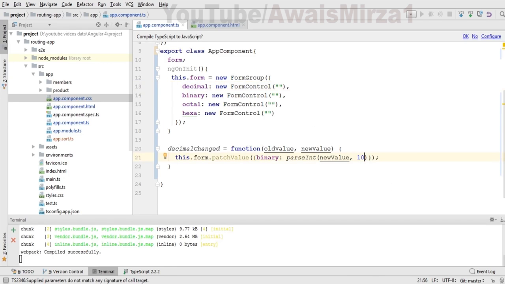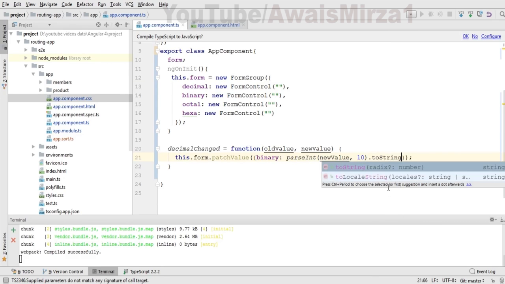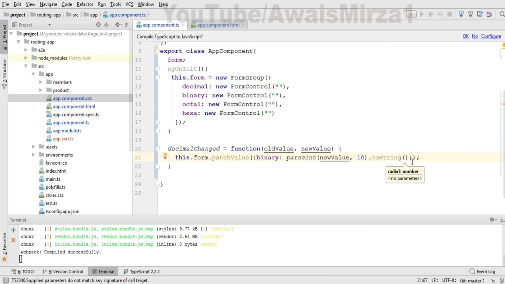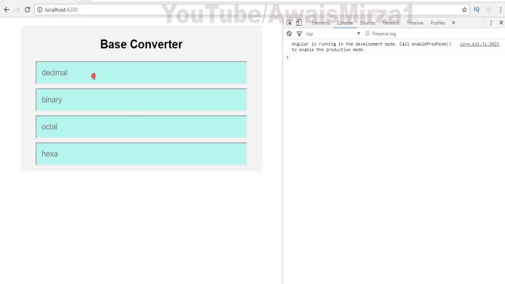So I will write 10, and after that I need to write a toString function, and within this toString function I want to write the base of the number which I want this new value to be converted into. Like this decimal value, I want to convert it into a binary number, and a binary number only contains 0 and 1, so that's why a binary number will have base 2. So I will write 2 right here. Okay, so I'm gonna save this file,